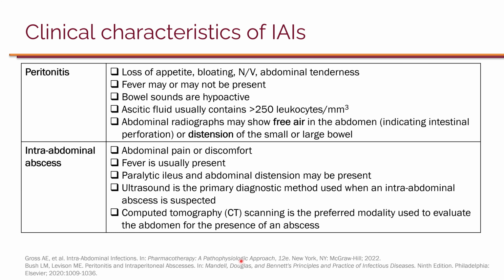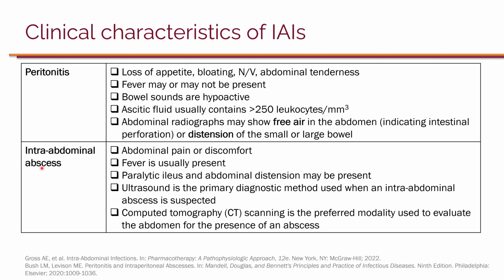Now let's take a look at some clinical characteristics. So peritonitis, essentially patients will have loss of appetite, bloating, nausea, vomiting, abdominal tenderness. Fever may or may not be present on a physical exam. Bowel sounds are hypoactive. Now with peritonitis, pretty much ascitic fluid is available, and on ascitic fluid analysis, you will have leukocytes more than 250, that's essentially diagnostic criteria for peritonitis. And on imaging, essentially abdominal radiographs may show free air in the abdomen, which indicates perforation or distension of the